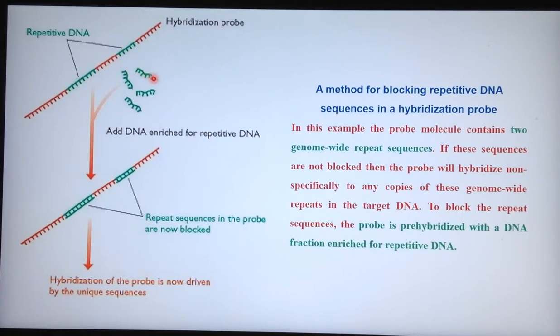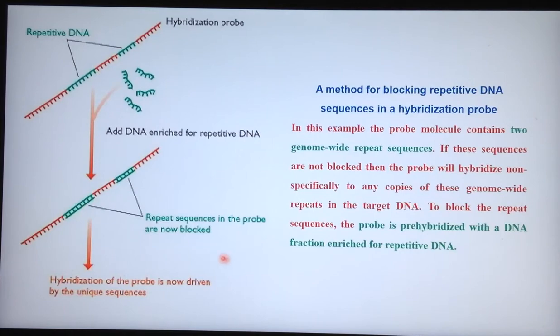If we can design DNA oligonucleotides which are complementary to these repetitive DNA, then before we process this probe for hybridization with the chromosomal DNA, we hybridize this hybridization probe with these oligos. So these oligos will block the repetitive DNA sites, and then we can have probe binding to the unique positions